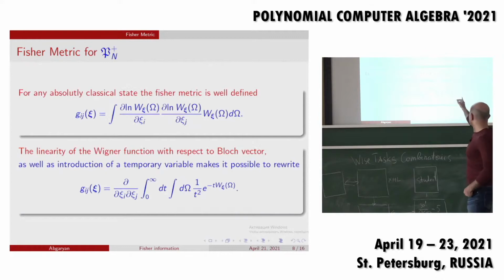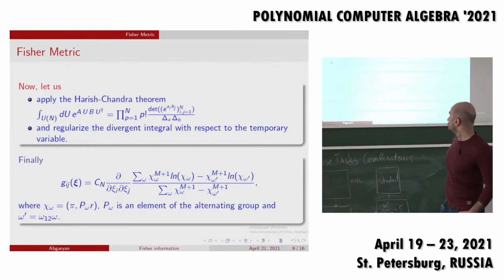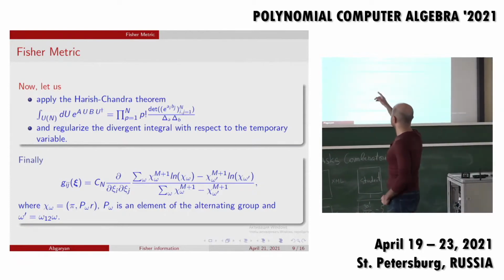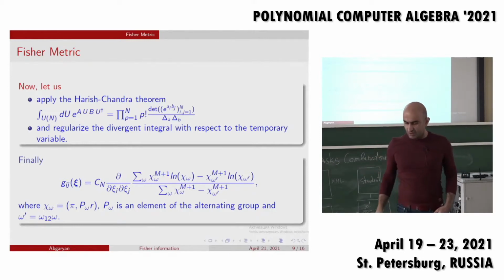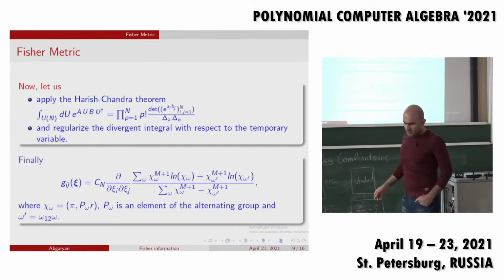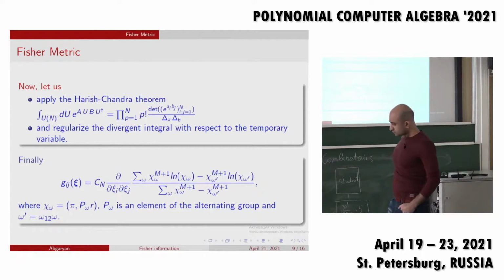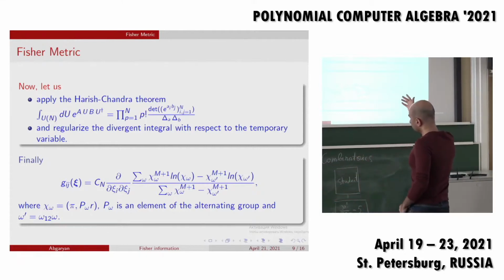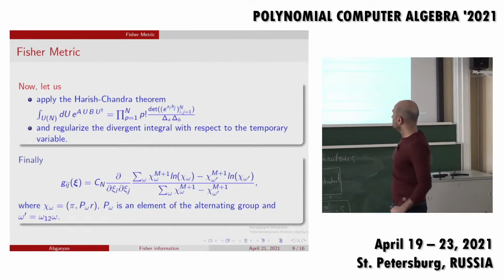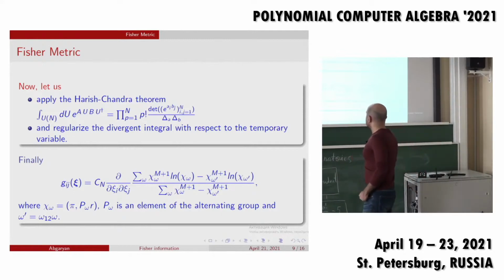Now we perform integration over the phase space of this expression, and to do that we apply the Harish-Chandra, sometimes they say Harish-Chandra-Itzykson-Zuber theorem, and basically what it says is the following: if you integrate such a structure over the whole space of unitary matrices, then the answer is the following, where delta A and delta B are corresponding discriminants of characteristic polynomials corresponding to A and B. Now, there is a way to regularize the divergence of the integral, and if you perform that, you will finally arrive at this kind of short expression, yet again, deceivingly simple, which says that you have here chi omega,